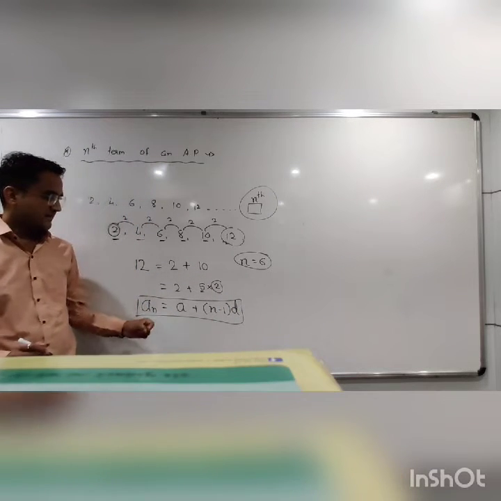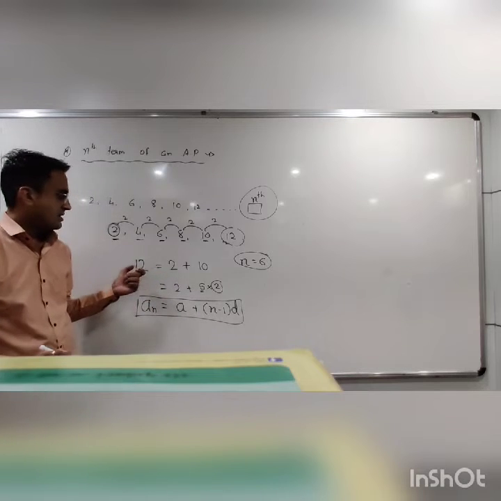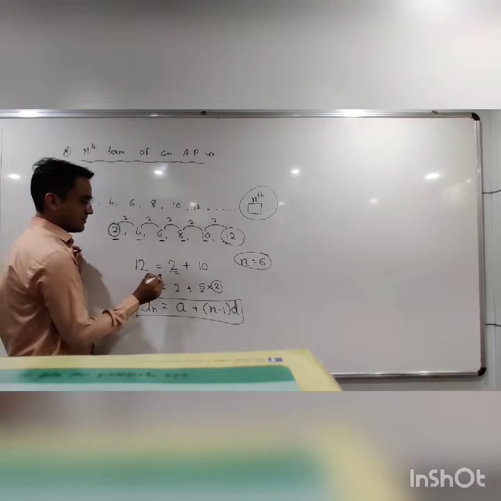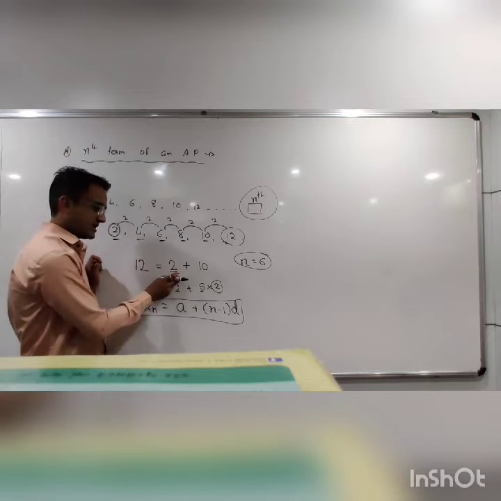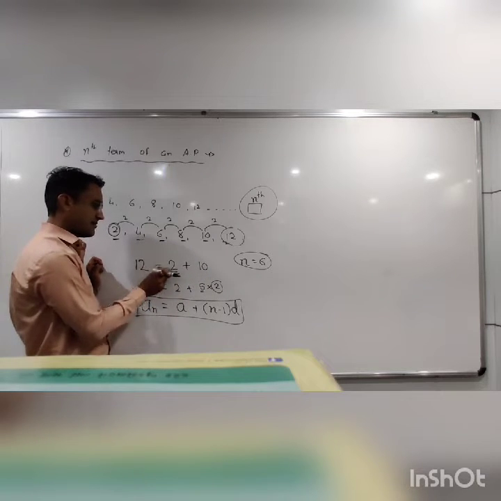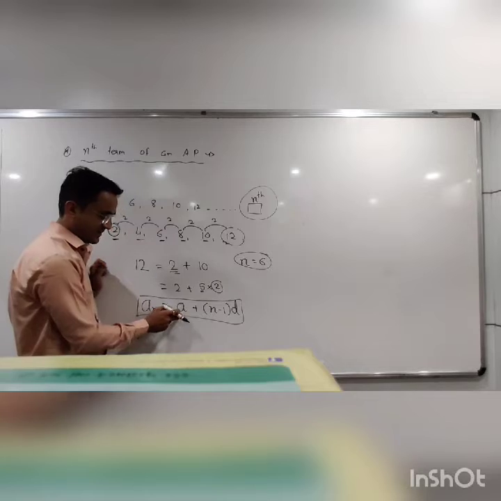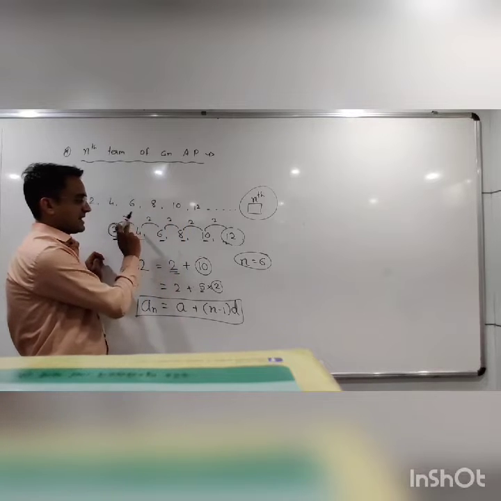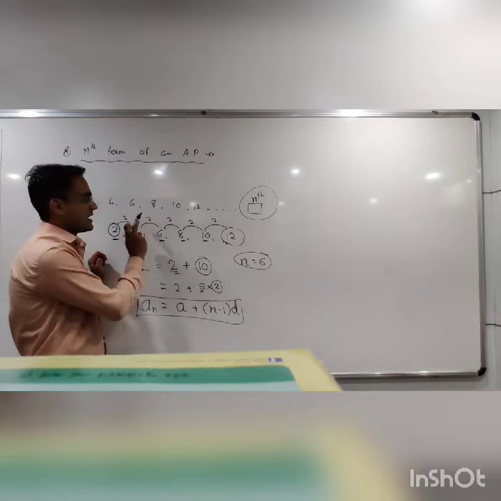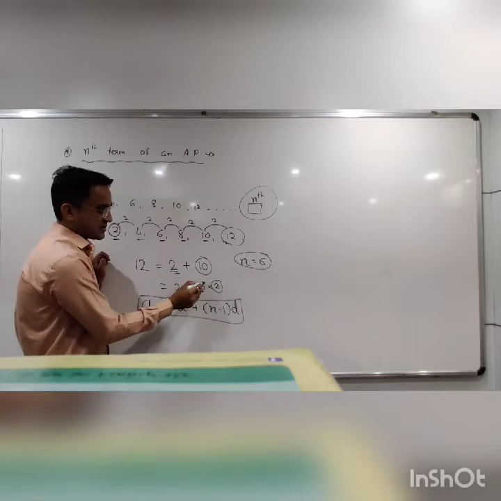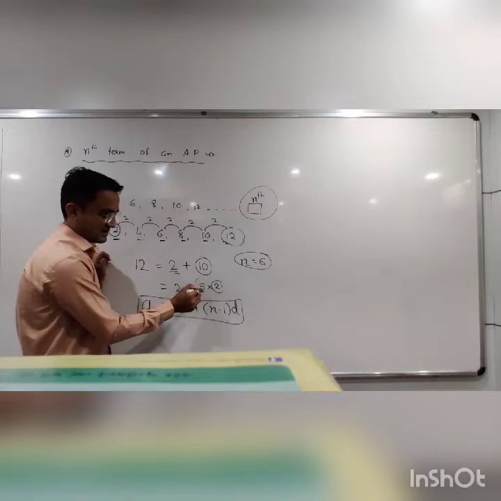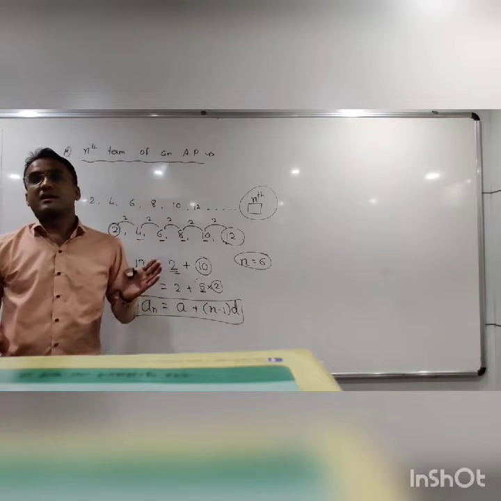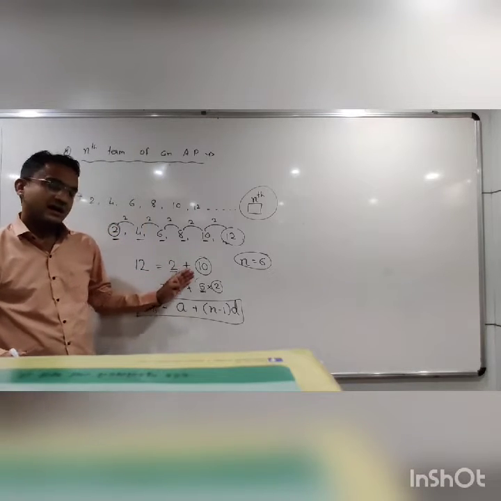Right? How? See, whatever the term is given, here 12 is the last term. So what you have to do? First of all, you have to write the first term. Now subtract this from this. What is remaining? 10. So you can write 12 means 2 plus 10. Here 2 is the first term. Now 10, what is its relation with the difference? Here the difference is 2. So for obtaining 10, I can write 2 into 5. Here n is 6, so this one is n minus 1. So for an AP, for the nth term, you can write like this.